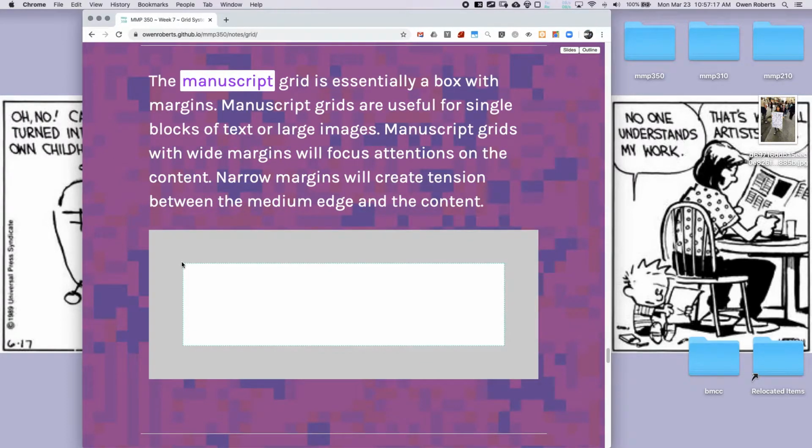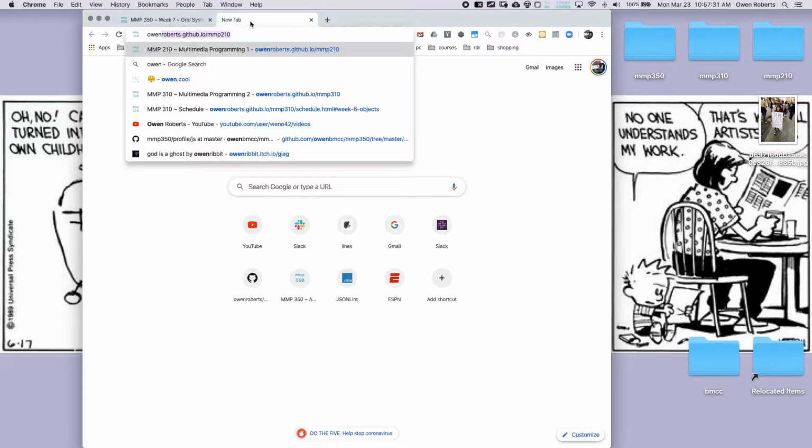So a manuscript grid is basically just a box with margins. Most books are manuscript grids. You just have your text in the middle and then there's some margin on the outside. Our class website is sort of a manuscript grid right now. If I take a look at that,